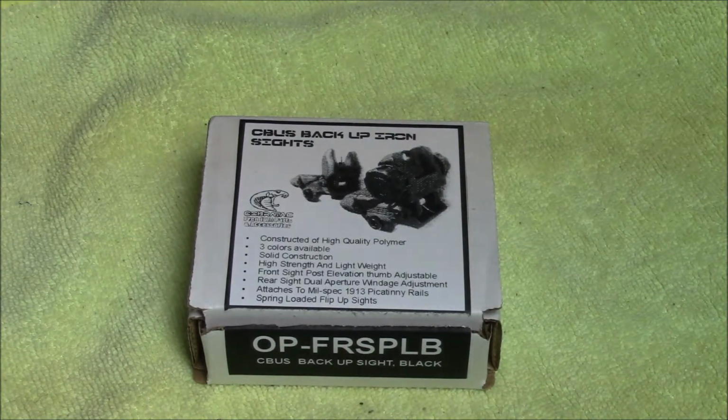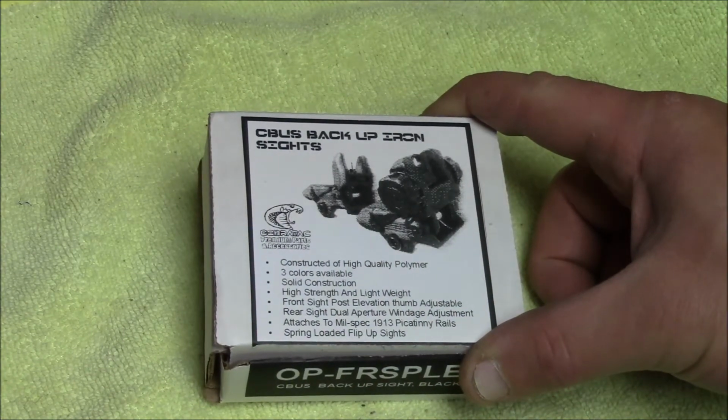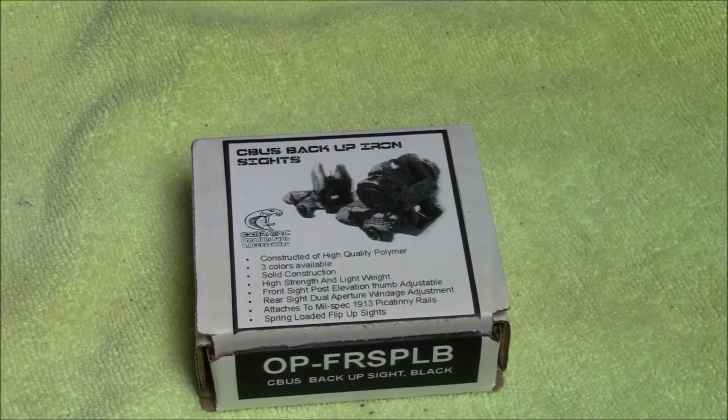Today's video we're going to be doing a little bit of an unboxing and check out of these Cobra CBUS backup iron sights. Kind of ironic, iron sights when they're polymer, but you know, Magpul MBUS sights, same thing, they're polymer also, and people refer to them as iron sights. I was looking for a low-cost alternative to the Magpul sights. I like the Magpul sights a lot, but the reason why I was looking for a low-cost alternative is, well,